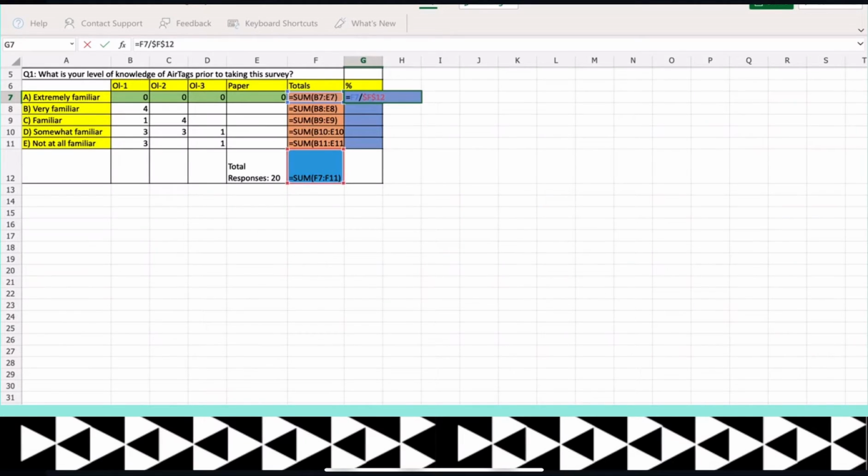We're going to do the same thing for percents, but this time we're not going to use the SUM command; we're just going to press equals, and we want to calculate the percentage. We want to take the total of each row and divide it by the total responses, but we want to use an absolute reference, and that's why you see me doing $F$12, enter. Then equals again, and this is cell F10 divided by the absolute reference of the total responses,